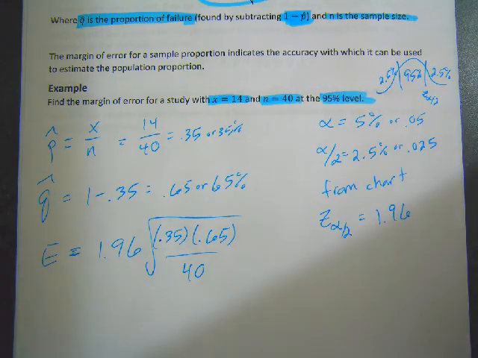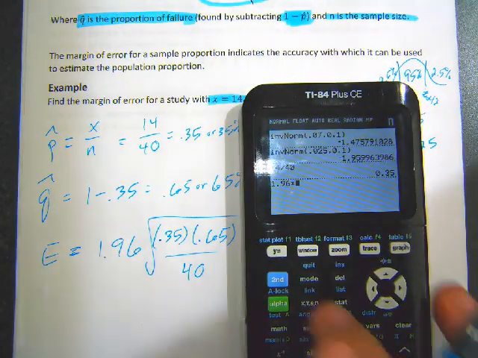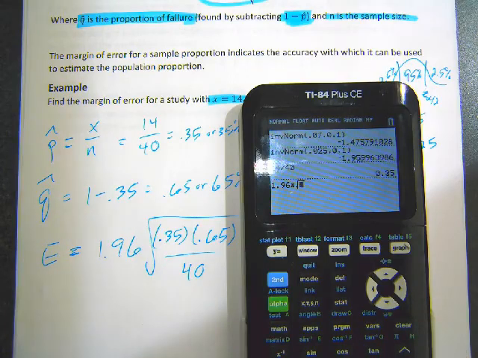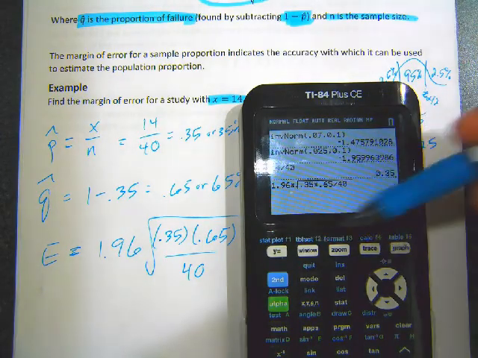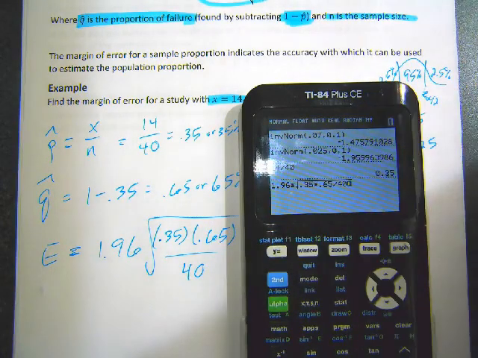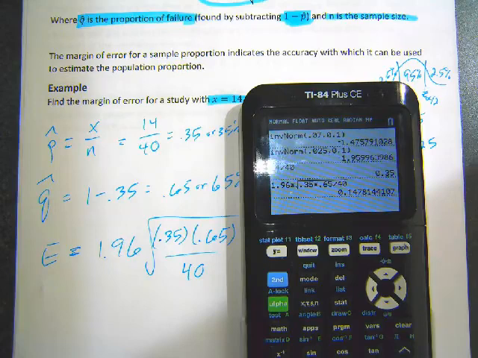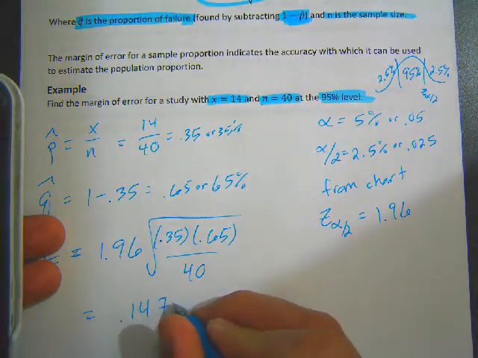So let's type that in a calculator and see what that margin of error is for this one. It's 1.96 times square root and do 0.35 times 0.65. You don't really need the parentheses, I just put those in for multiplication purposes. And then divide by 40. Make sure that the divide by 40 is also inside the root. I always get people typing this in who don't get the 40 inside the root. Make sure the 40 is inside the root as well. The 1.96 is the only part that's not inside the root. And I get 0.1478, or